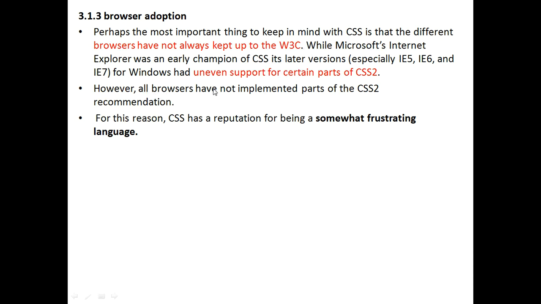However, not all browsers have implemented all parts of the CSS2 recommendation. That's the main thing. For this reason, CSS has a reputation for being a somewhat frustrating language. Because one property is adopted by one browser and that property will not be adopted by the other browser. Like that, we give the conclusion that CSS is a somewhat frustrating language.